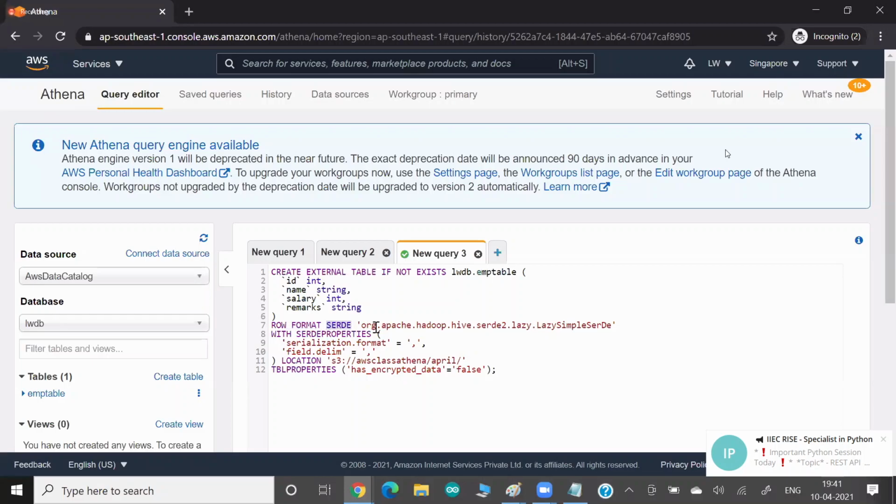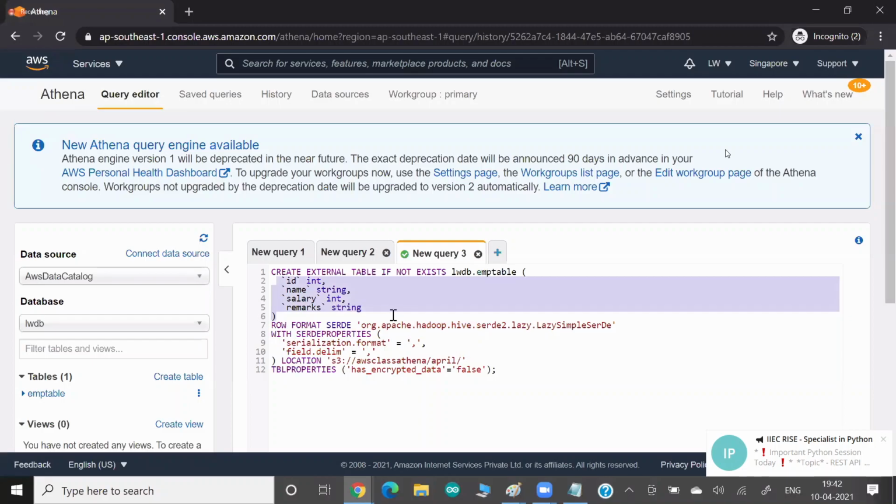This concept is called SerDe. I'm not going to explain SerDe here, but technically you might see some Hive or Hadoop libraries being used. Right now I'm not discussing what SerDe is and other things, but this is the command behind it. So finally, my database and table are created. But understand one thing: I might have created everything here from Athena, but this table, this database, or the entire schema is actually created in the Metastore, that is